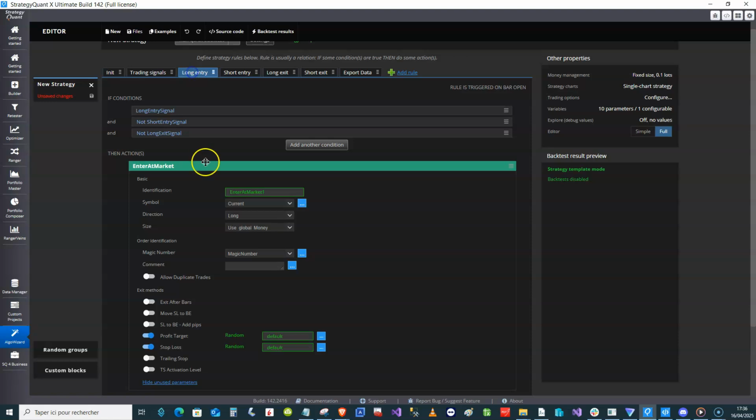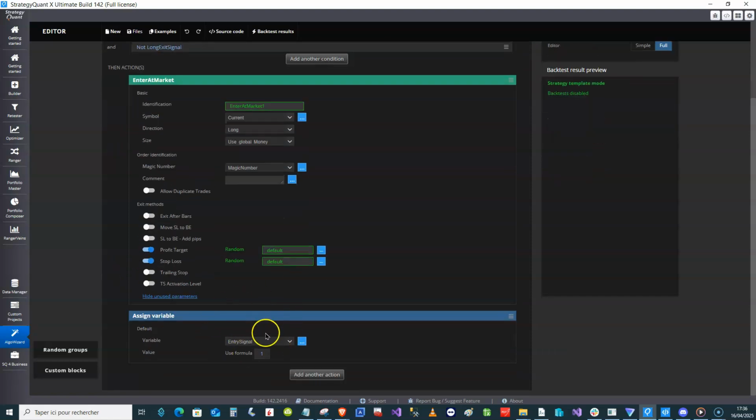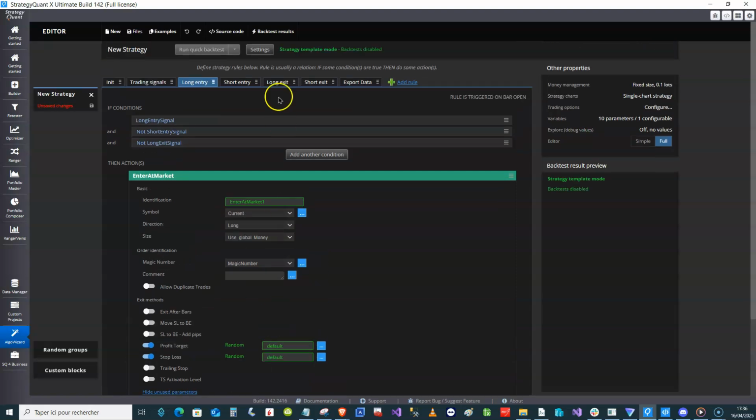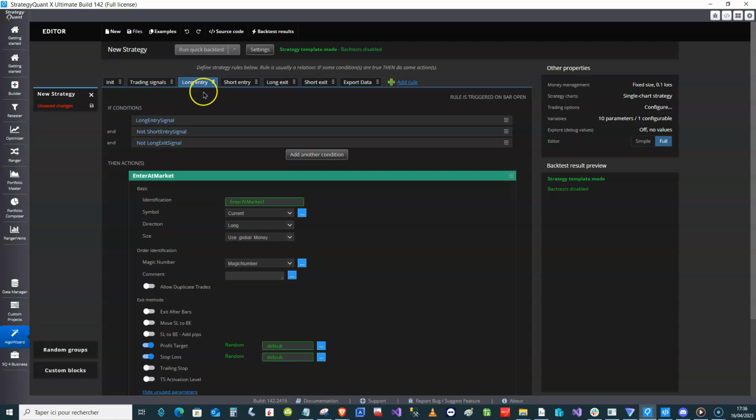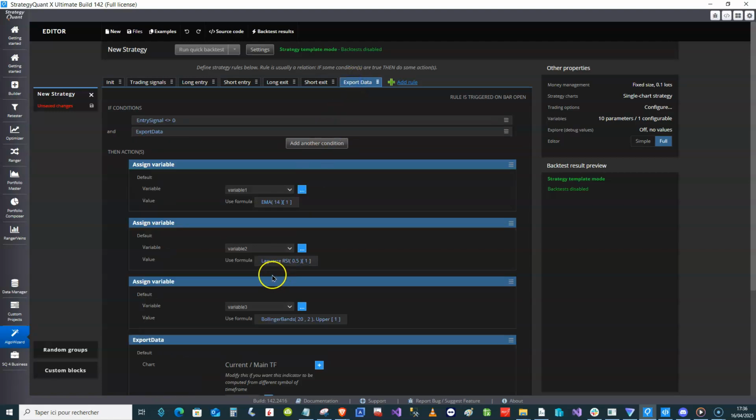You can as well use the rules. Here we use it for the entry, but you could use it for the exit. It's exactly the same. In this case, you put your signal on the exit instead of the entry. You could as well collect the data during the trade and export the result at the exit. You could as well pre-calculate an average of the value on each data point. For example, you could collect it and do an average.